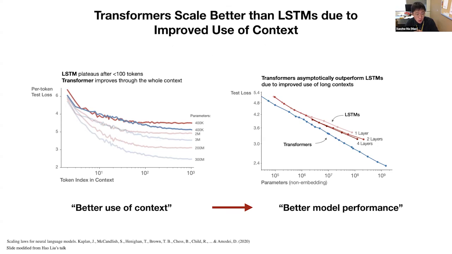We see that if our context length is short, within around 100 tokens, then transformer and LSTM behave similarly, so their performance is not very different. But if we scale the context length to 1,000 tokens, then transformer starts to perform much better than LSTM. These results show us that long context is a good setting to test the model's capability.